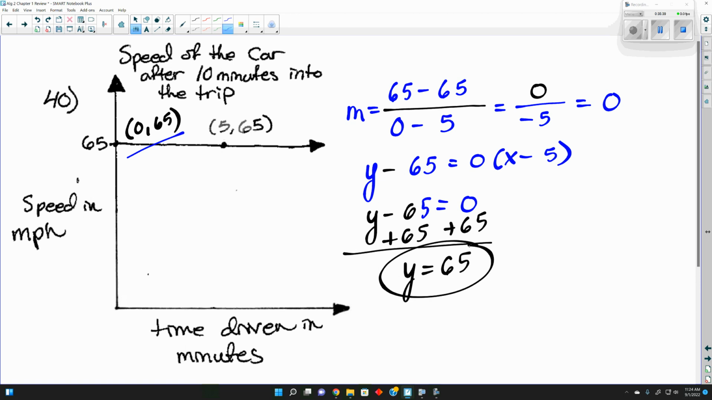Whenever we have a flat line, there is no slope. It's just going to be y equals whatever the y-intercept is, because the y value is not changing. Any other questions on any of this here? So again, your